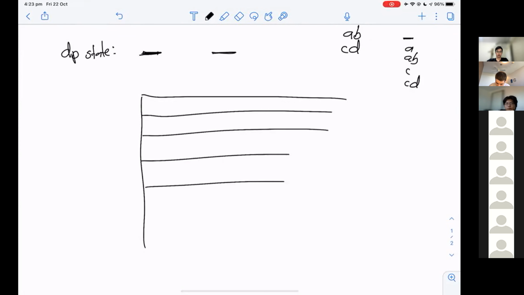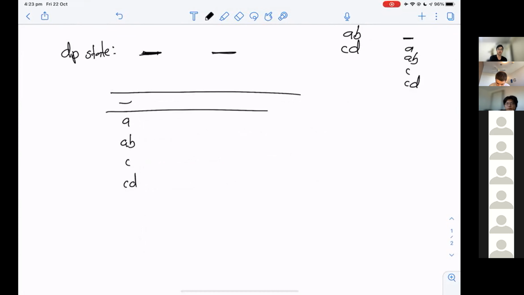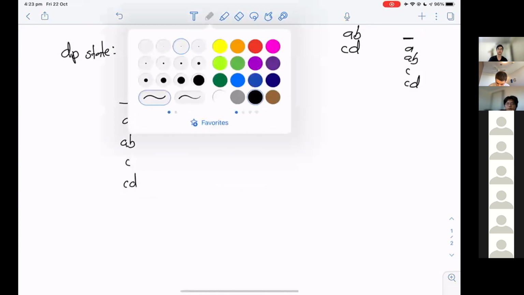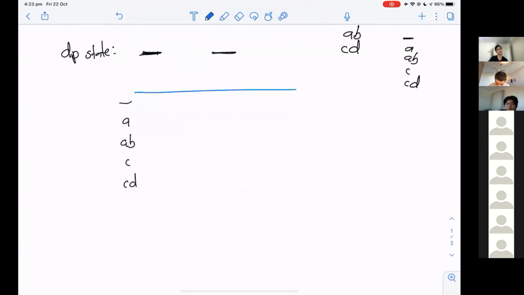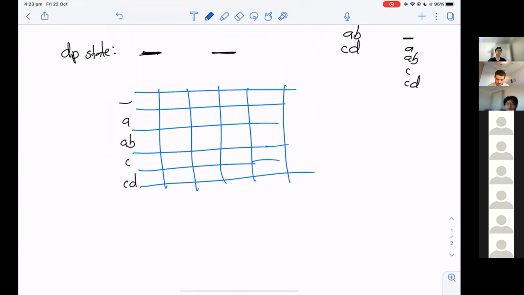We put all of these as rows in our matrix, so we're going to have 5 rows. Let me draw it a bit nicer, drawing the matrix in blue. We're going to have 5 rows, and also 5 columns to correspond to the same thing: 1, 2, 3, 4, 5. Not the best drawn one, but that should suffice.